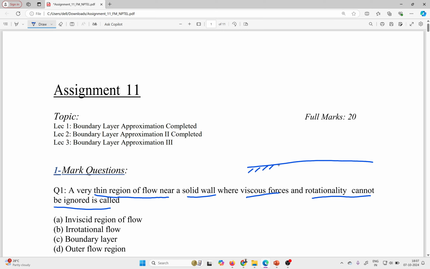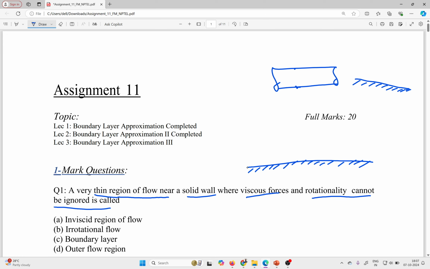I want to take a plate, or you can take a pipe also, because a pipe also has solid walls. These are the solid walls, or an open channel also. These are also solid walls. So I'm taking a plate here, then